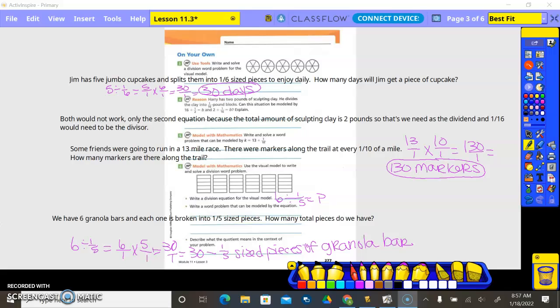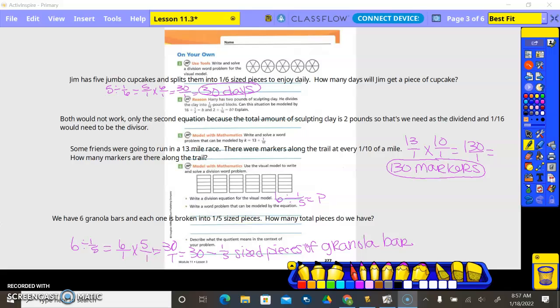All right, for number 3, we said for our word problem that Jim has 5 jumbo cupcakes and splits them into 1/6 size pieces to enjoy daily. How many days will Jim get a piece of cupcake? So we took 5 divided by 1/6, which equals 5 over 1 times 6 over 1, which equals 30 over 1, which says he will get to have a cupcake for 30 days. Number 4,